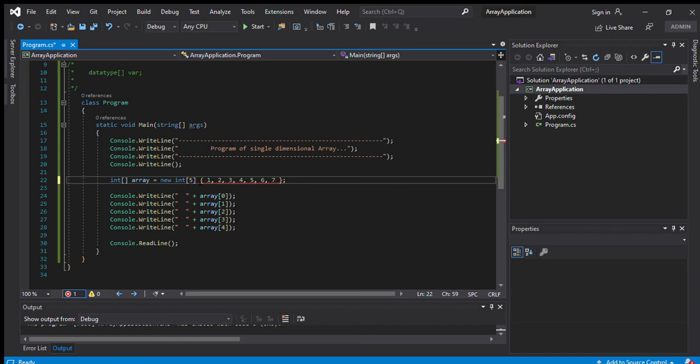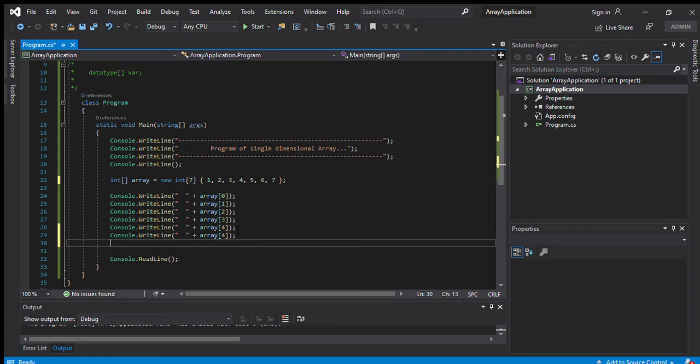Because my array size is 5 and I am entering 7 elements, so it will not show anything.